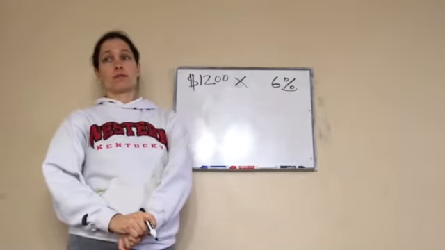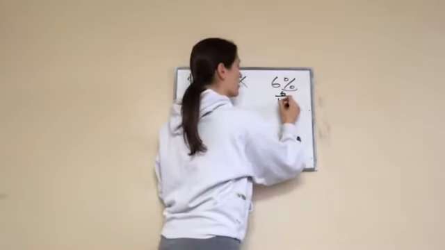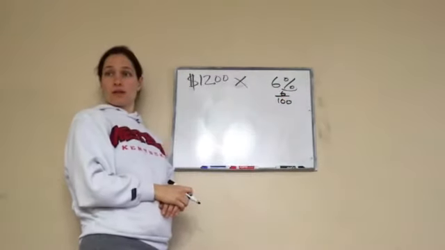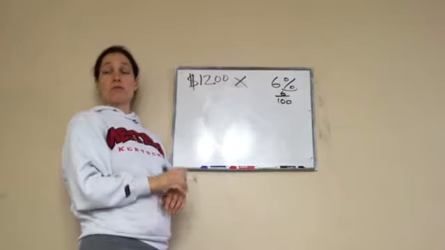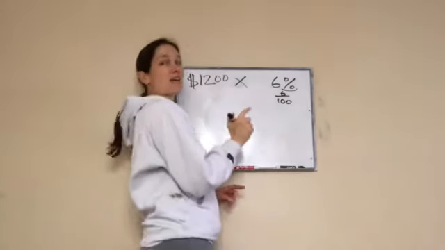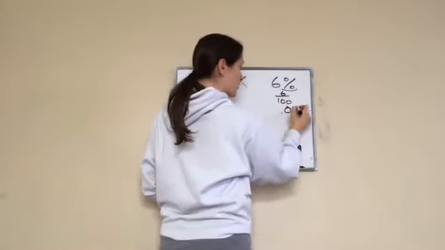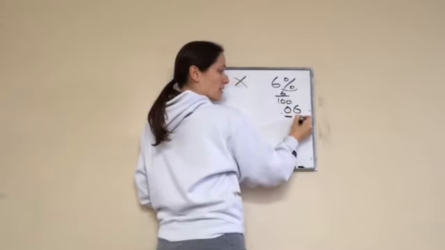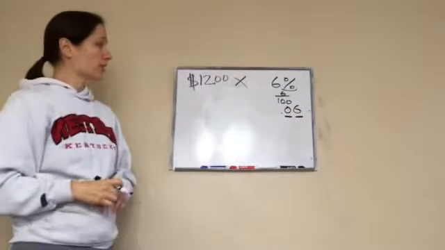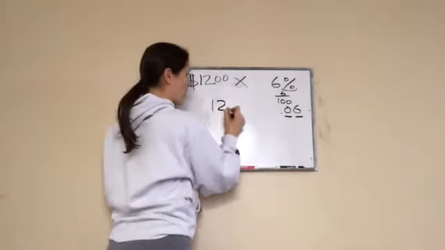6 over 100, I guess. 6 over 100, which is really what? 0.06. Because why? Tenths, hundredths. Very good. So we're going to take $12